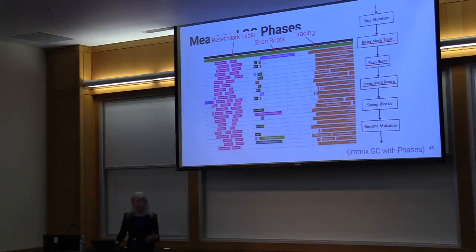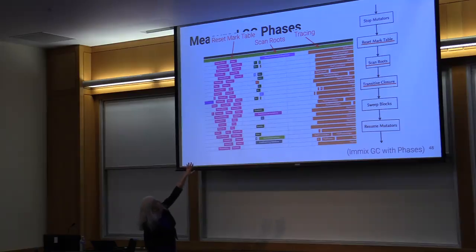So in practice, these are measured GC phases. Here we have resetting the mark table in the prepare block and you can do that in parallel, so you get a lot of parallelism. Those are different threads resetting the mark table, but you have to wait for all of them to finish, and then you can start scanning the roots, and you can see that one of the scan classes takes a lot longer than the others, and so there's a lot of empty time there, and then we start